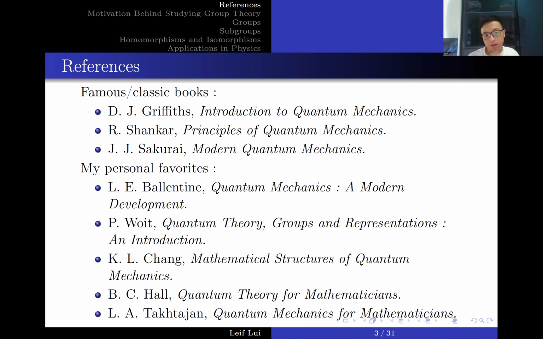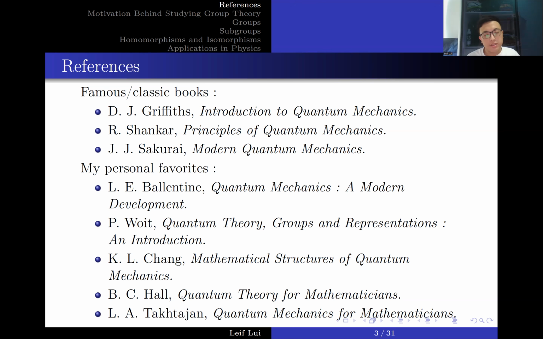And I found it really good because it's similar to Shankar and Sakurai, but it has a good balance of both. Namely, Ballentine draws a very clear connection between the physics and the mathematics. And additionally, a lot of the proofs here are spelled out quite clearly. For example, when they use a particular formula to derive translations, they tell you, oh, I'm using the Baker-Campbell-Hausdorff formula or something like that.